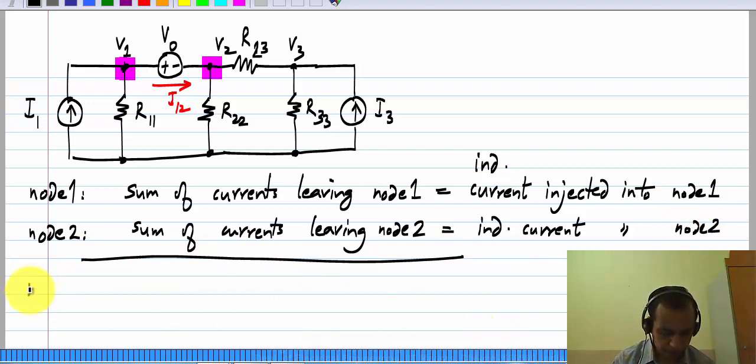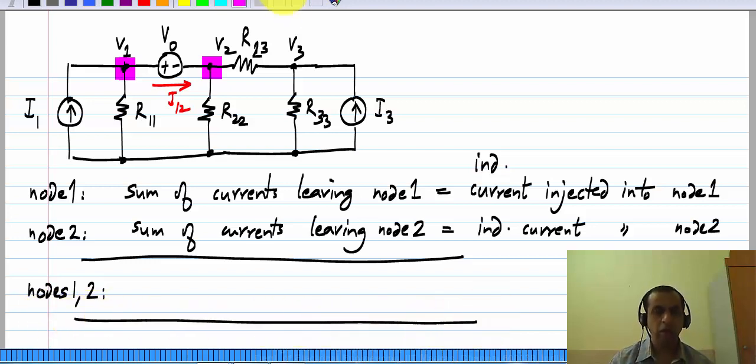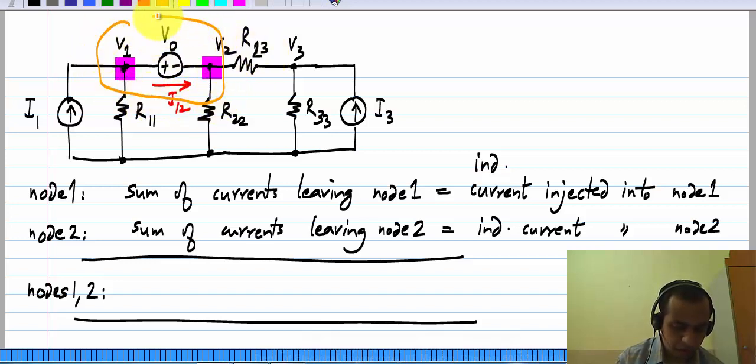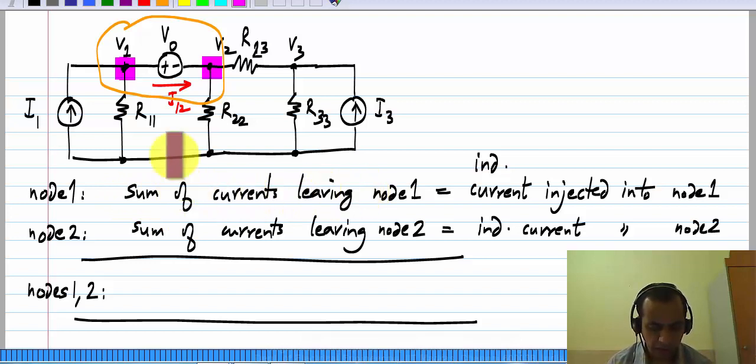When we sum these, what happens? We will have the sum of currents leaving nodes 1 and 2, that closed surface enclosing nodes 1 and 2, because in the first equation any current flowing between node 1 and node 2 will appear with a particular sign, and in the second equation the same current will appear with the opposite sign. Okay, so any current flowing between nodes 1 and 2 will get cancelled when you carry out the summation, and what is left is basically